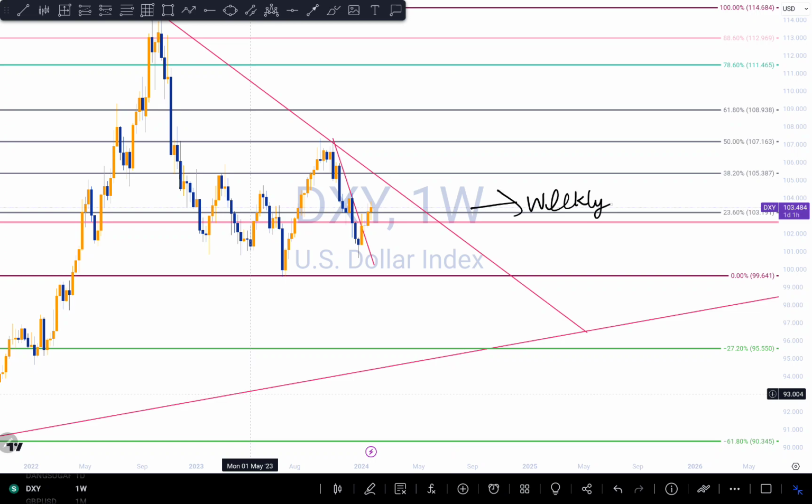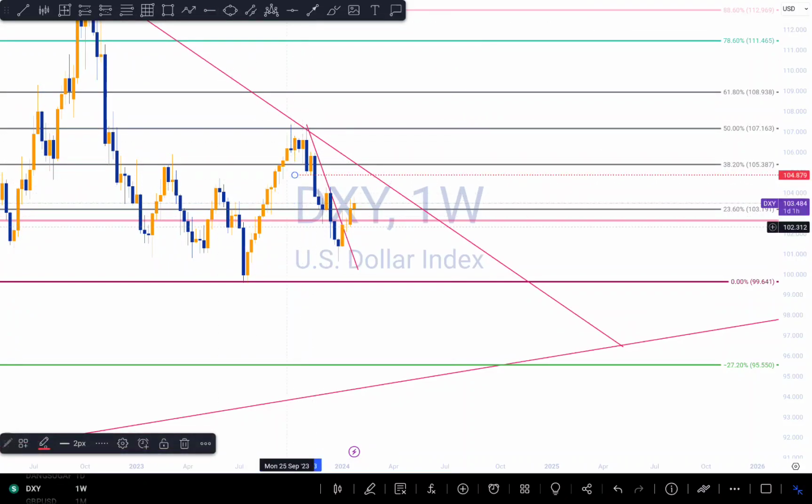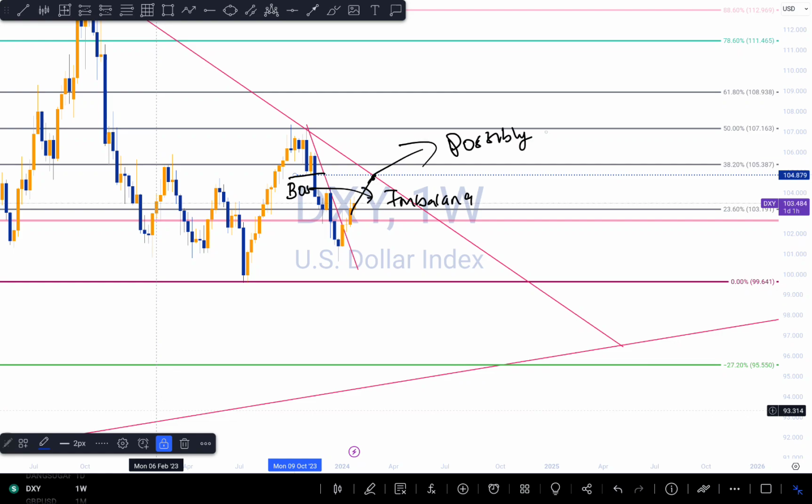On the weekly time frame, we can see it's giving me more of a bull run. So there is a possibility for us to actually hit this target right here. That's a possibility because that's where we had the break of structure, and there is also an imbalance right around here. So if we continue to push to the upside, that's a first possibility, and we can possibly have a touch of the trend line as well if I zoom in a little bit.